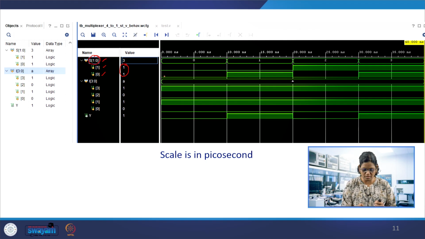If you see, this is the first bit, that is 0 and this is 1, okay, this first bit is changing here as well as here and here, and the second bit is changing at this point, and it is kept 1 for the rest of the time. So, the combination of 0 1 is viewed here. This is the 0 0, so this gives 0, and here you can see this is giving 1, because of the 0 1.